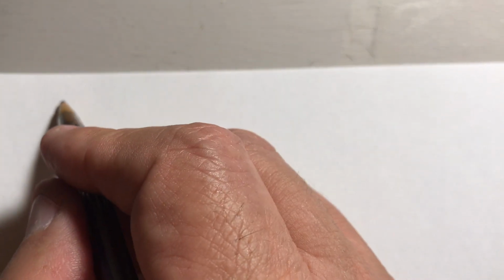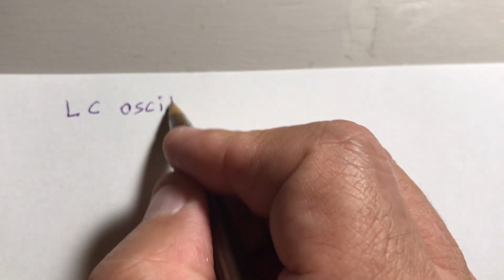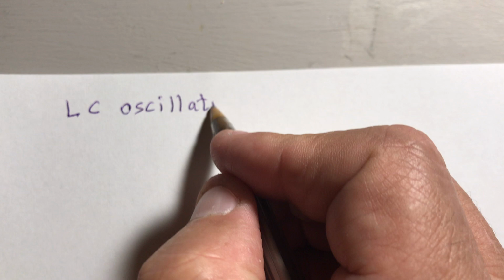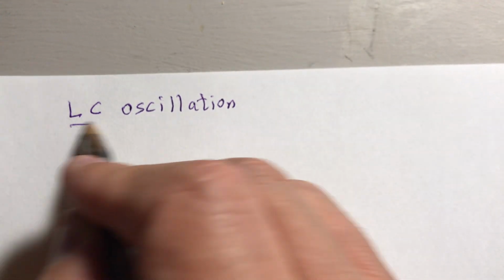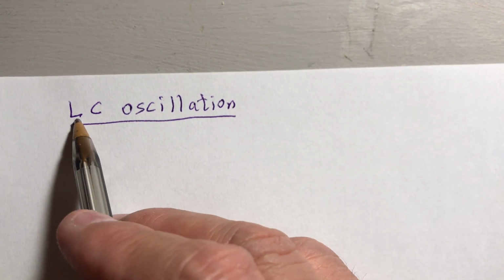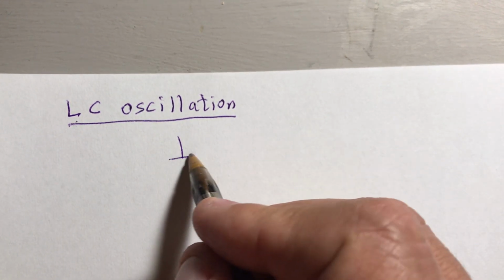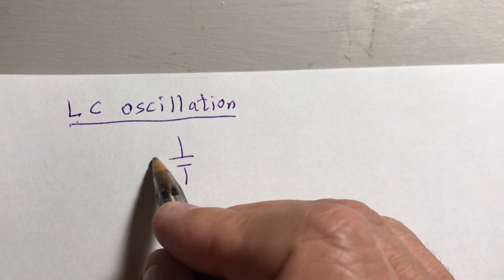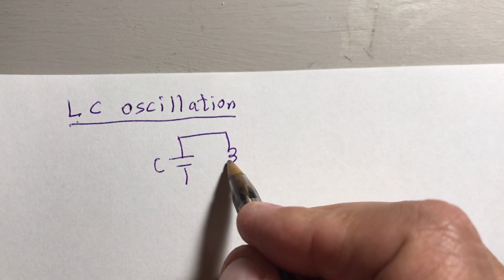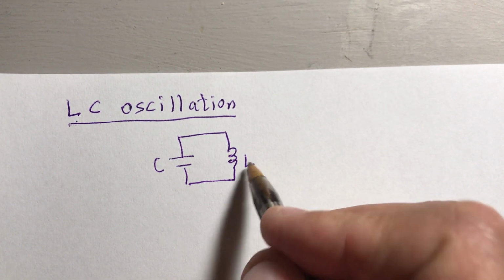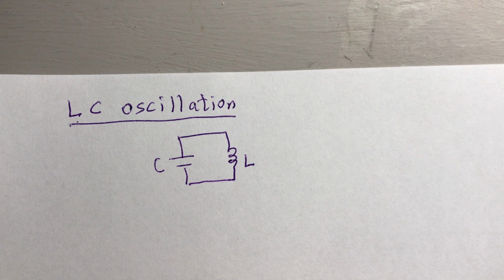Today we're going to study the LC oscillator. So I'll put here LC oscillation. The L stands for inductor and C for capacitor. So we have a capacitor C and then we have an inductor L. Okay? Now,